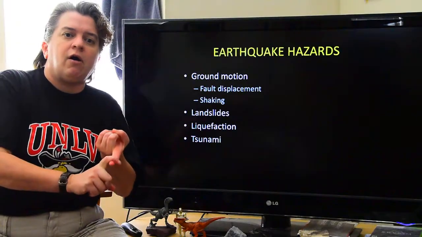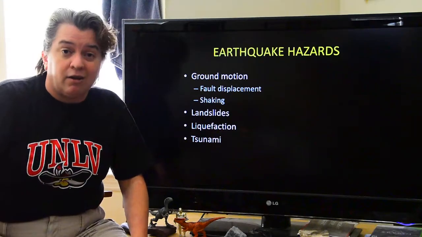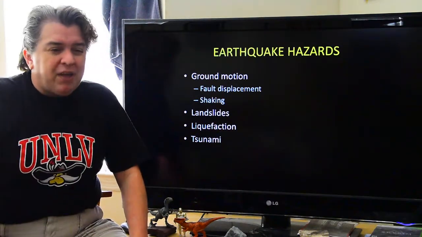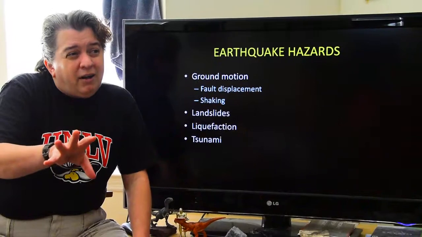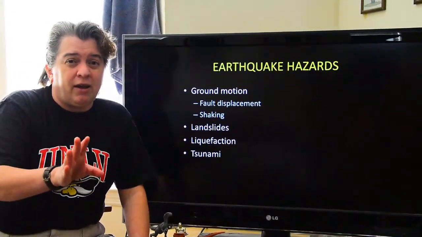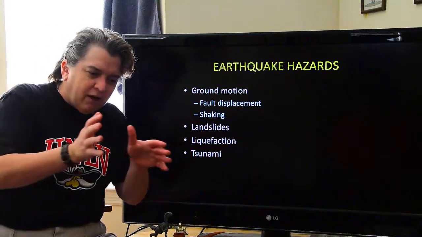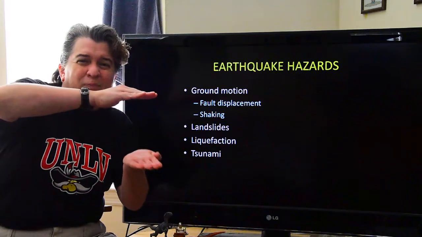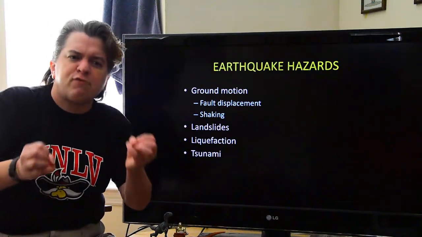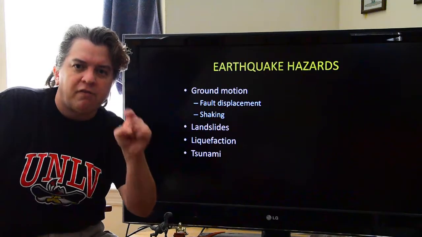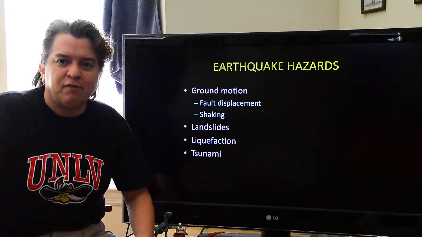So it has to be a strong earthquake, it has to have a shallow focus, it does have to be underwater. I mean, I didn't think I needed to put that in there, but it does. I did say a little fib. I said it has to be magnitude 7 or greater. Well, you can have a magnitude 5 earthquake create a tsunami. The only thing is, when the tsunami washes ashore, the tsunami's like this big, so no one really cares. So what I'm getting at is, for tsunami people care about, it's got to be a strong earthquake that moves the sea floor rocks, which move the water above them, and that's how our tsunami is created.